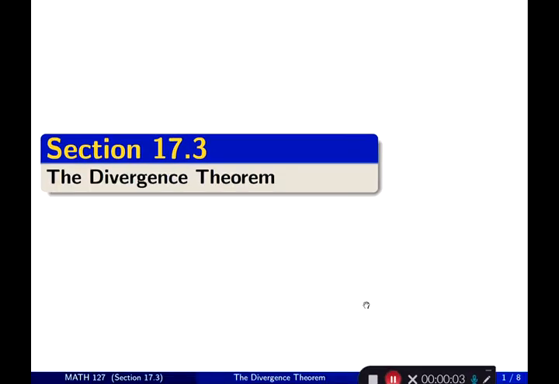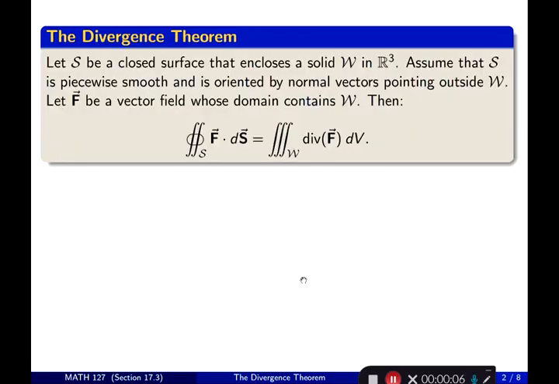We're starting section 17.3, the divergence theorem. So far, with Stokes' theorem and Green's theorem, there were a lot of similarities, and the discussion always was the relationship between the line integral over the boundary and the surface integral of the curl. Now, how about if we were talking about a solid? The divergence theorem comes in and relates a solid, whose boundary is going to be a surface,